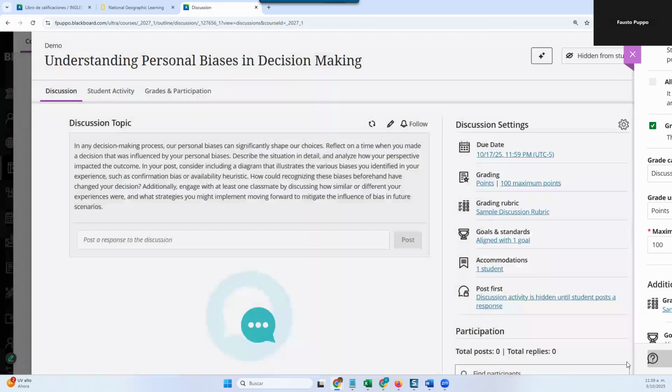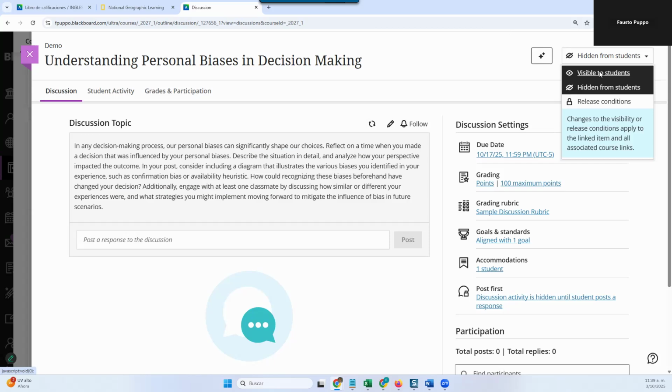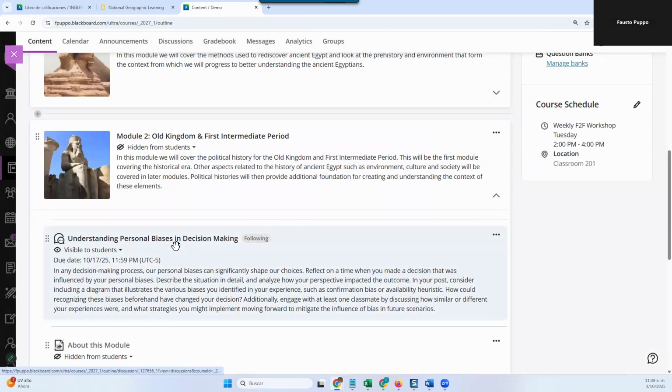And then don't forget to save. Now it's ready to be made available to students, visible, or you could edit release conditions again. And if you want to follow a specific discussion so you can get notifications, all you need to do is click on the bell icon. The other tool that can be used, here you have a message indicating that you're actually following this discussion. The other tool that you can use for communicating with students here,